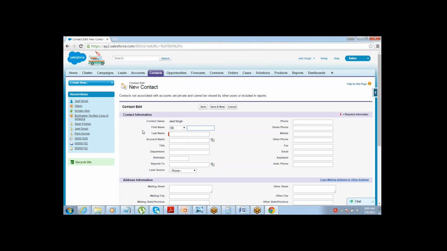So through the interface, what we are doing, we are entering one record at a time, right? So if I have one account I have to enter, I go to the accounts tab. If I have one contact I want to enter, I go to the contact tab, and this is something very simple, right? Now usually what would happen is someone like a developer or an administrator of Salesforce, a trained professional of Salesforce, ideally should know the trick of entering multiple records at once. That's what we are going to talk about today, right?